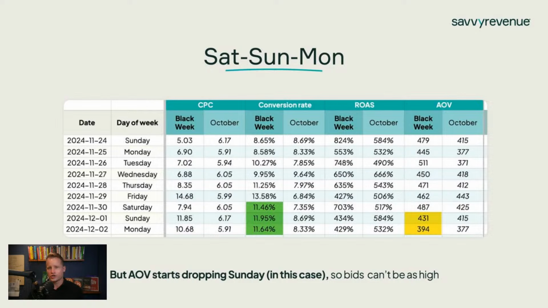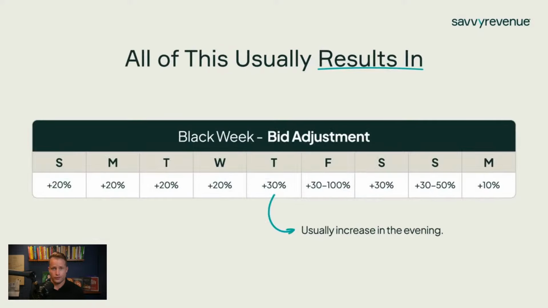In this case, though, we started noticing a lower AOV. And that's something we can see live on the day if that continues this year. So that's just something I've put in to pay extra attention to this year if my AOV starts decreasing, because then it doesn't matter if our conversion rate is the same, our ROAS is going to start dropping. So the reason why we dropped and didn't get the ROAS that we needed here was actually because the AOV was different from what we expected, so we were bidding too high.